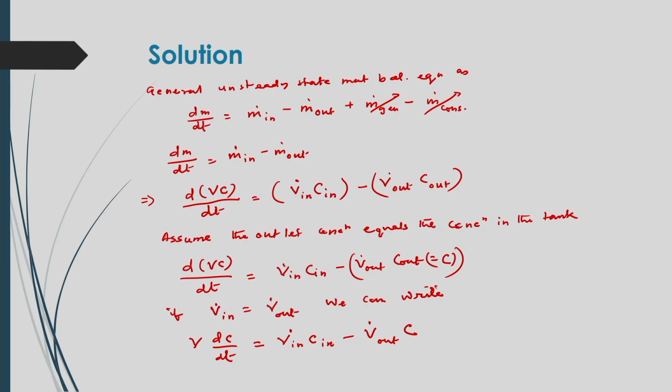In this case then we can omit all those V terms here, and after that we can get the integration of C inlet and C outlet, and solving that equation we can get the resultant differential equation, as per problem